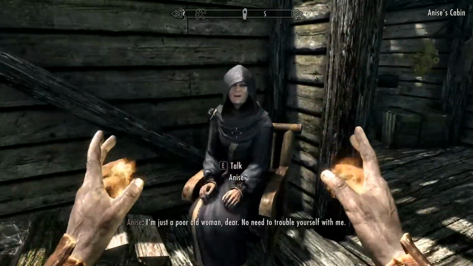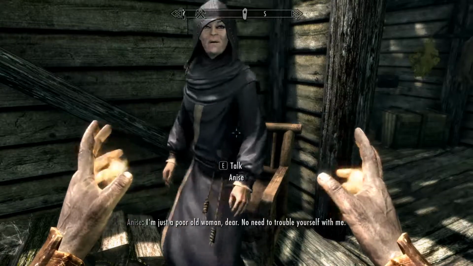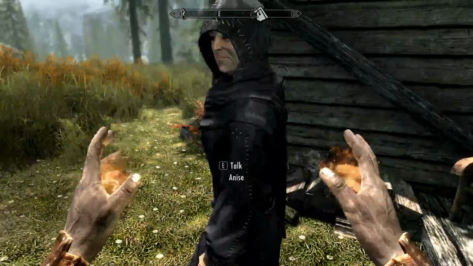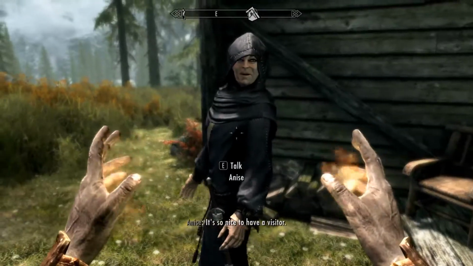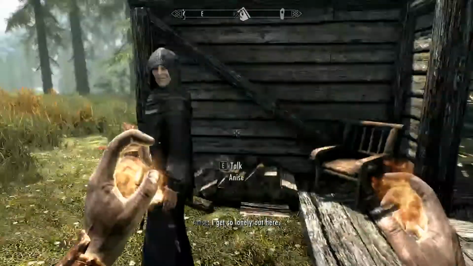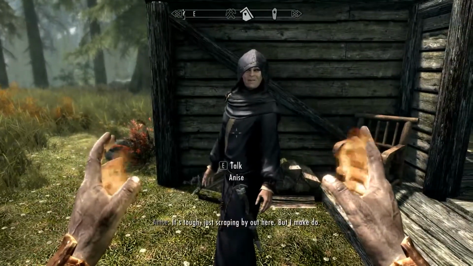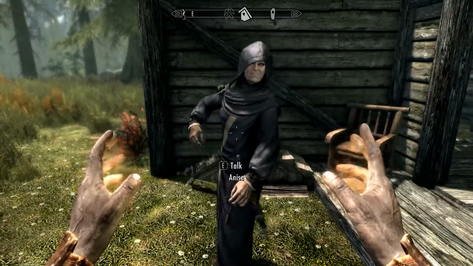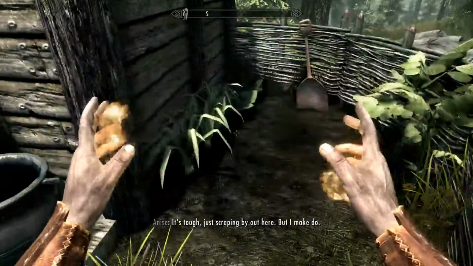I've got a... I'm just a poor old woman, dear. No need to trouble yourself with me. You don't look like a poor old woman. You look like some sort of creepy wizard. It's so nice to have a visitor. I'm sure it is. I get so lonely out here. Okay. It's tough just scraping by out here, but I make do. Doing what? It's tough just scraping by out here, but...